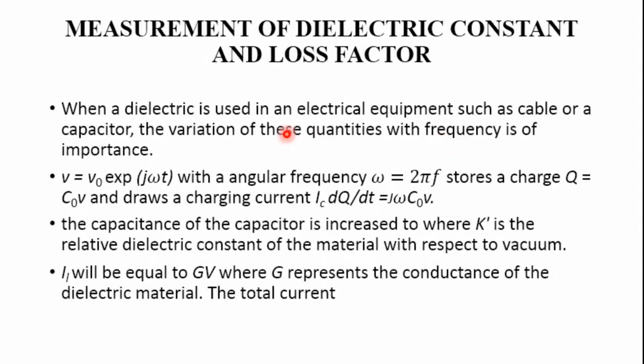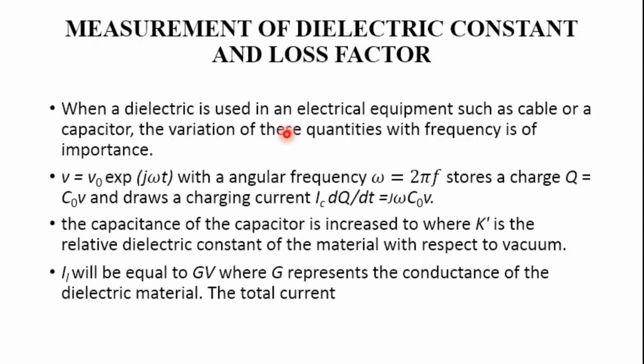because the microscopic properties of the dielectric are discovered by combining the variations of these two quantities into a complex quantity known as complex permittivity, and determining them at various frequencies.